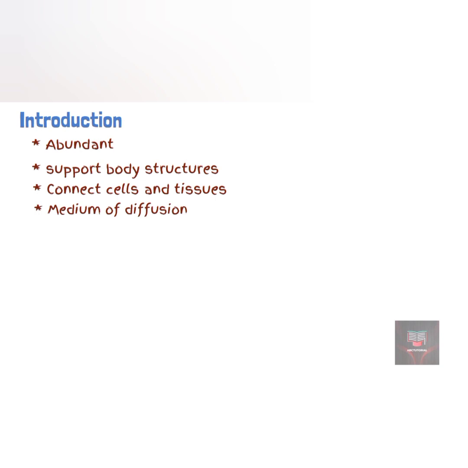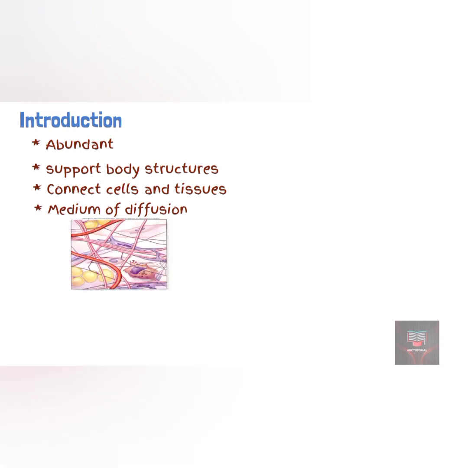The connective tissue consists of two basic elements, the extracellular matrix and the cells. The extracellular matrix is the material that is located between the cells of the connective tissue. It is made up of protein fibers and ground substance. The extracellular matrix is secreted by the cells of the connective tissue and usually accounts for many of the functional